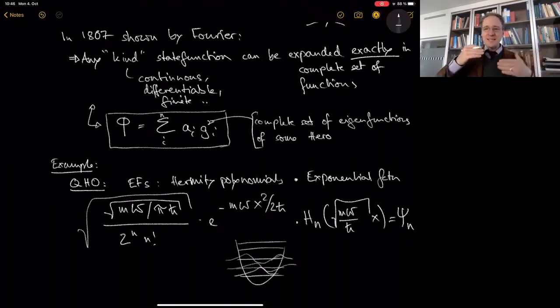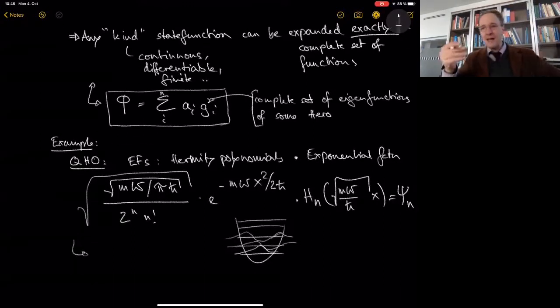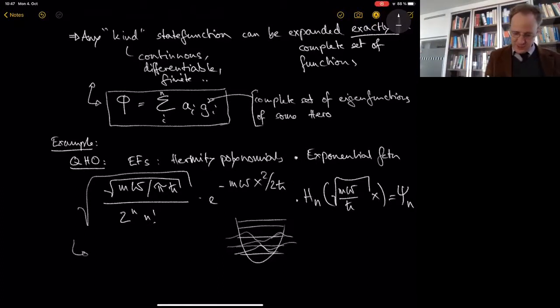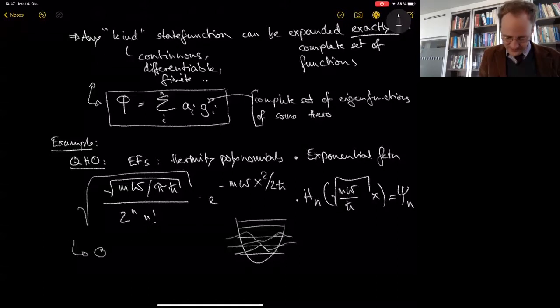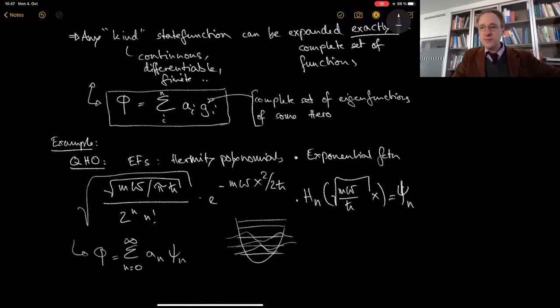And so in this set of eigenfunctions, you can now describe any function. Those are the eigenfunctions of your Hamiltonian operator, which is a Hermitian operator. And so they form a complete set with which you could describe any function. Could be a sum. You start from 0 up to infinity, a_n of these psi_n, your harmonic oscillator solutions.